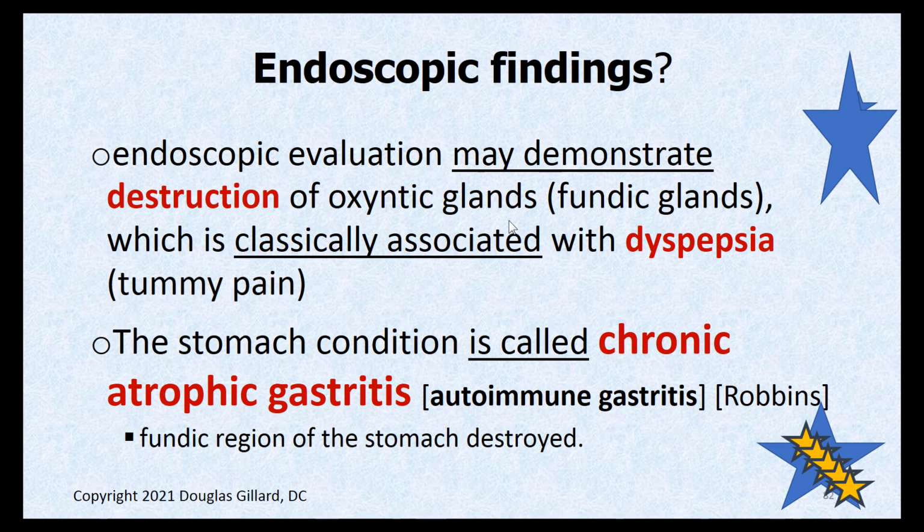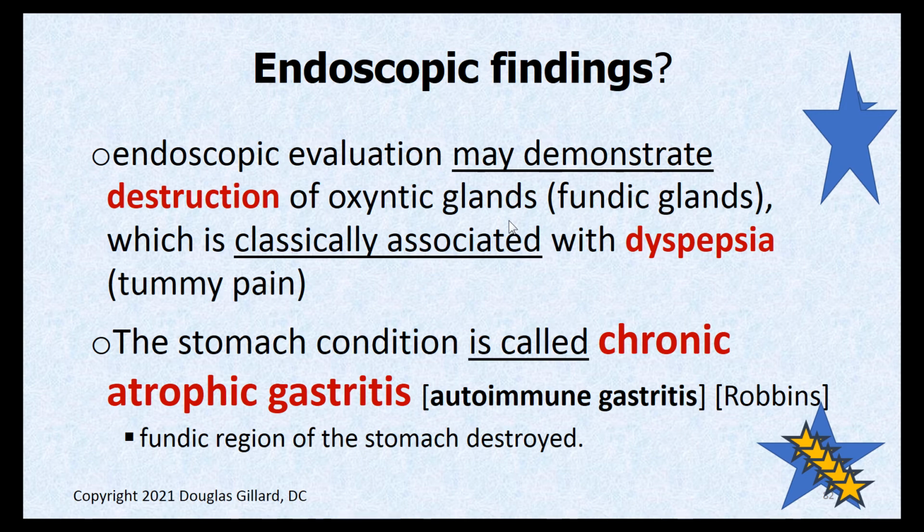Well, if it's a type 3 autoimmune attack against the fundic gland, you're going to see destruction of that fundic gland. Now, if it's a type 1 or type 2 attack, you're not going to have any problems with the stomach. But the most common, remember we said 90%, is these type 3 autoantibodies. So you will have an inflammation of the stomach as well, and that's going to cause tummy pain,